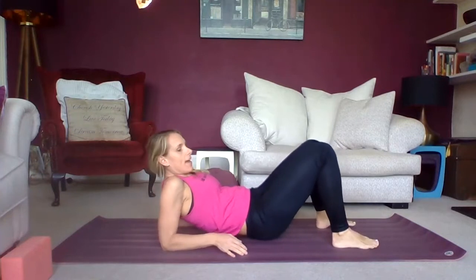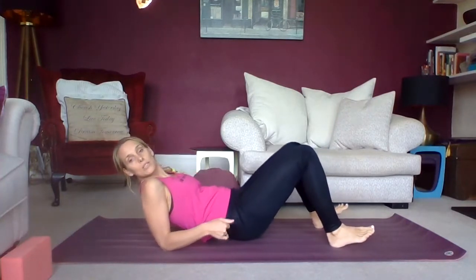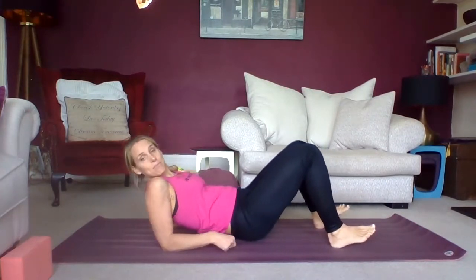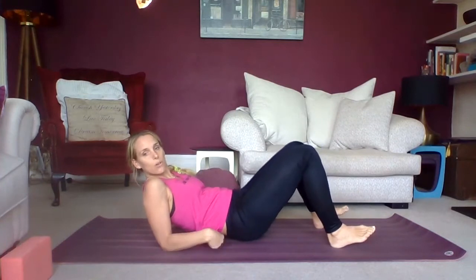Okay, and then what we're going to do is, because it's round that really crucial point where your rib cage meets your mid-back, which then meets your lower back, and you have something called your thoracolumbar fascia, which is a big diamond of connective tissue which we want to release off. So we can get right into there,